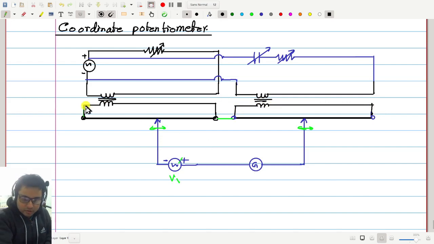Okay. Now this loop, you see this loop and this loop, if this is not connected, then they are absolutely independent. This and this are independent. So without any fear, I can just join one terminal and make these two ends have the same potential.